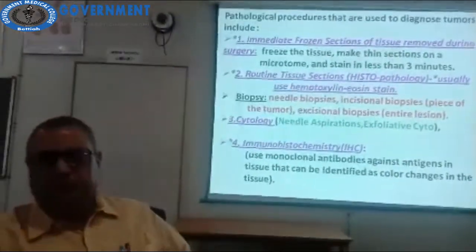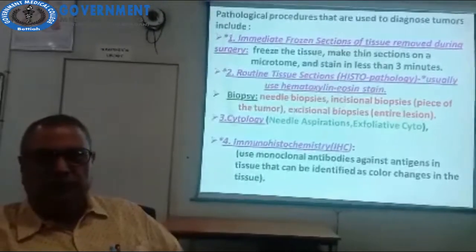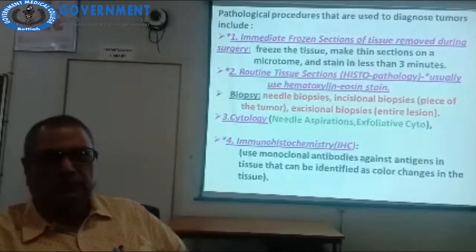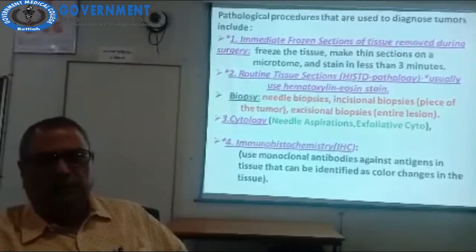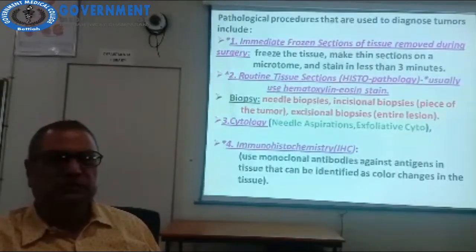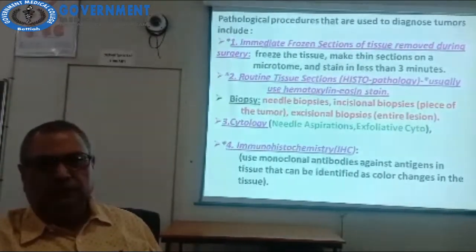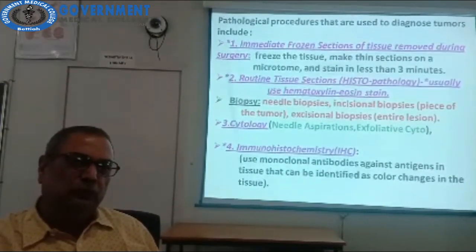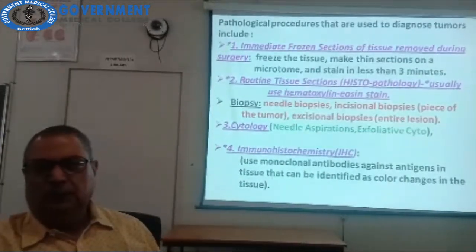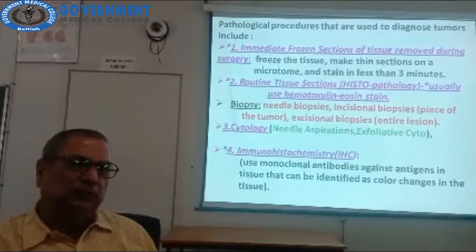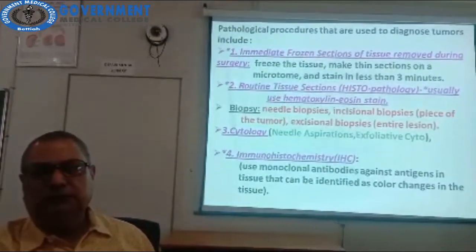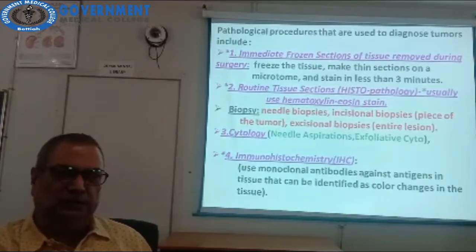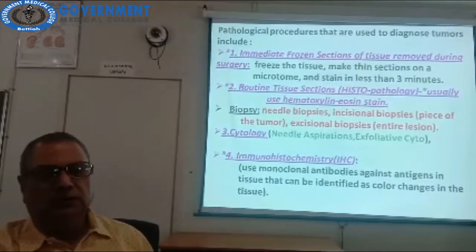The pathological procedures that are used to diagnose tumors are: first, immediate frozen sections of the tissue removed from the patient's body during surgery. The tissue is frozen. Thin sections are made with the help of a freezing microtome or cryostat, and the freezing material is liquid nitrogen or carbon dioxide. Thin sections are cut and stained in less than 3 minutes, and the diagnosis is done